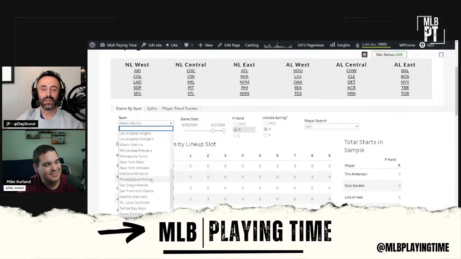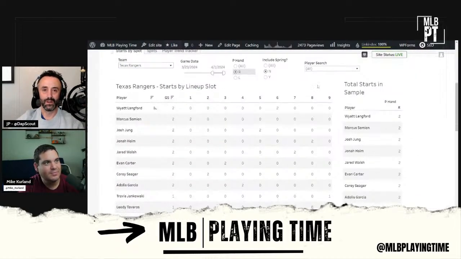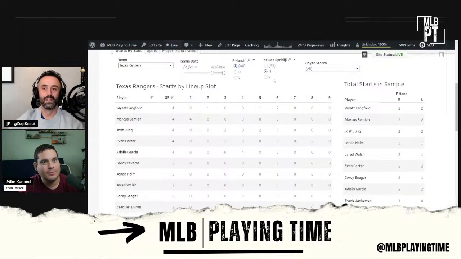Is Evan Carter in any danger of just being a strict, weak side platoon? Do you think there's any chance that happens sooner rather than later, or do you think the Rangers are going to give him a run because of what he did for the World Series team last year? I think Evan Carter is going to get some run. Now, I don't think he's going to find much success against lefties. That's just because I'm a pessimistic person, I guess. But I do have him in very important leagues, so I did buy into the fact that I don't care if he loses some playing time against lefties.